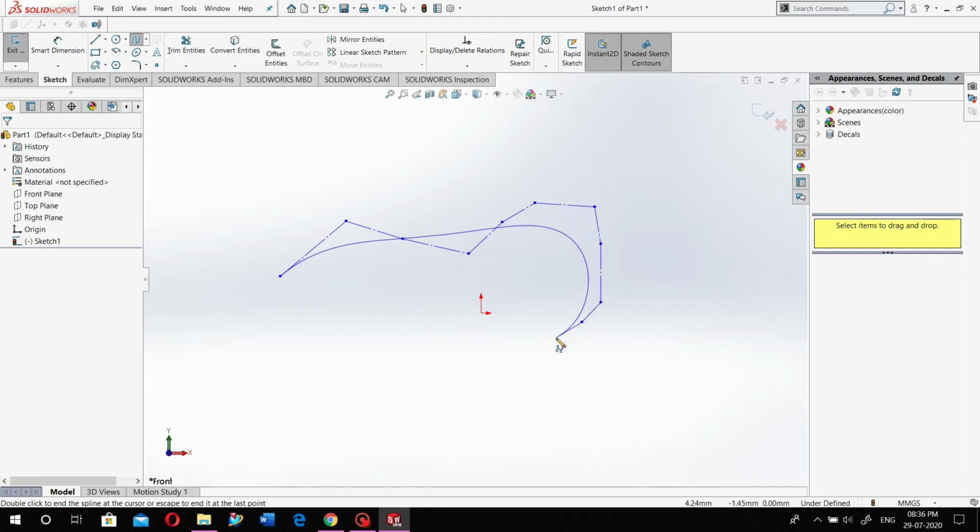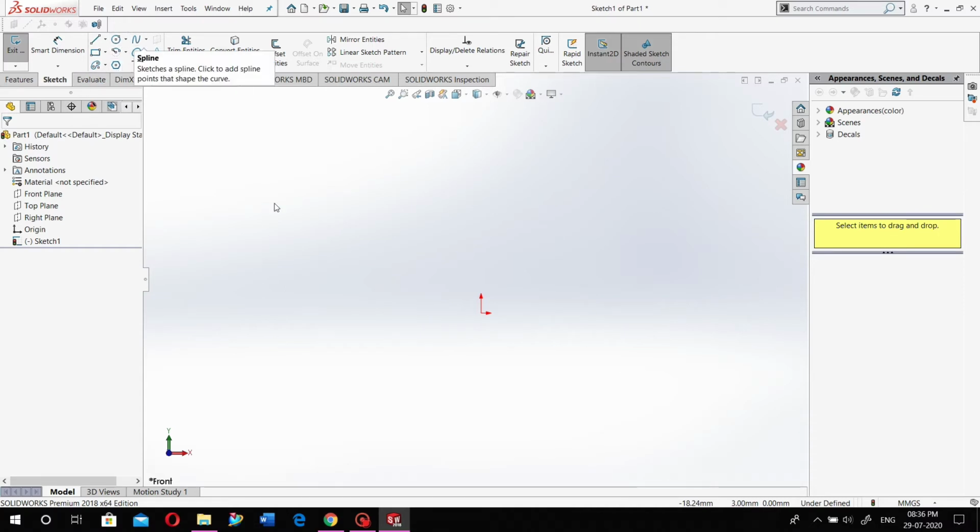Step by step, the splines are created, sharp points joining together and creating the arcs. This is the style spline. So this is the difference between the splines: in the first spline you just select points, in the second you also select points, and accordingly your complex curve shapes are created.